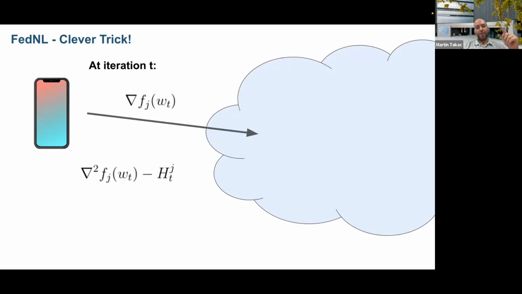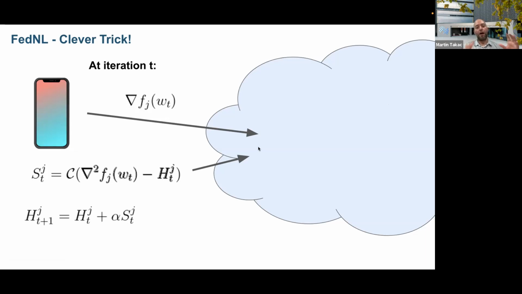I will compute actually the difference between my local estimate of the Hessian and my local Hessian. I will maybe send this one, but still expensive. So I will use compression, maybe top K or a different compression which you want, doesn't matter now. And I will send this compressed version of the difference of the local estimate of the Hessian and my local Hessian to the server, okay? And afterwards, I will update my local estimate of the Hessian by alpha times the S_j, okay? Again, on the j-th machine, this is how I estimate basically the message I should send to the server.